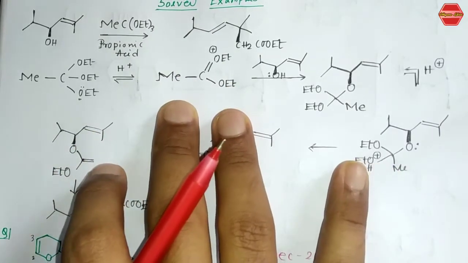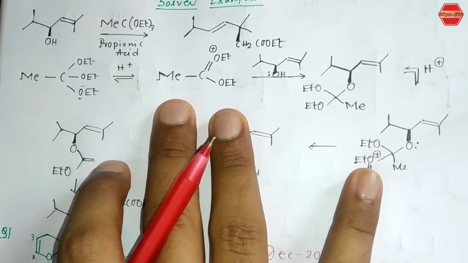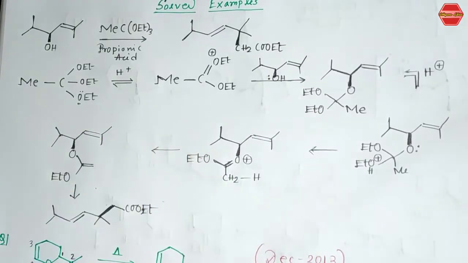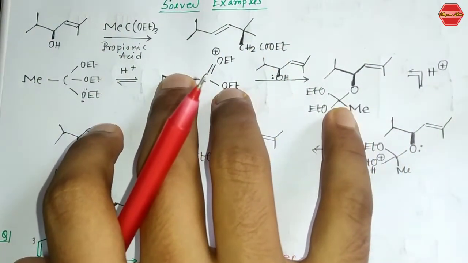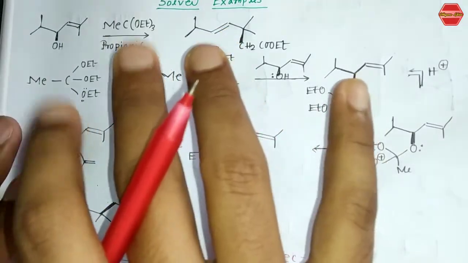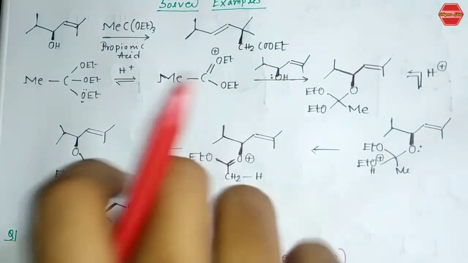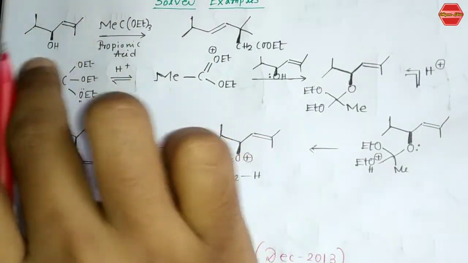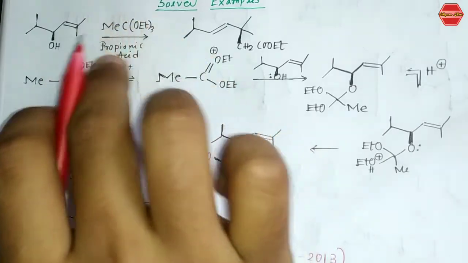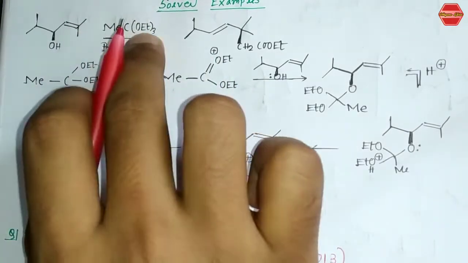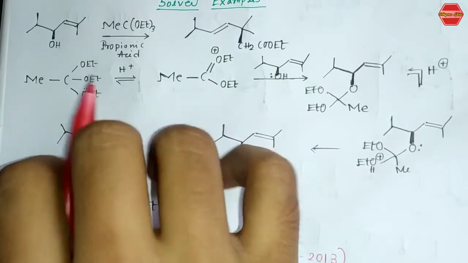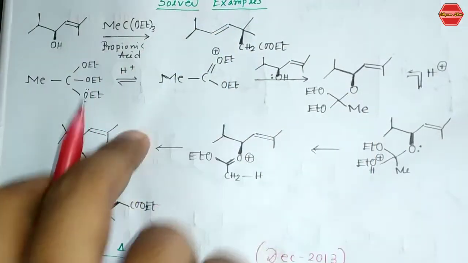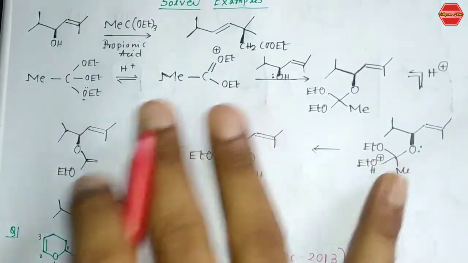Now see first the reagent which is used in this rearrangement reaction, and what type of product is formed during this reaction, right? So first see that compound that you have been given, that is one kind of allylic alcohol, and the reagent that is given to you is MeC(OEt)3, that is called triethyl orthoacetate, in presence of some propionic acid, and heat is given to that medium, and you are getting this kind of product. Now how this kind of product is generally formed, see that.